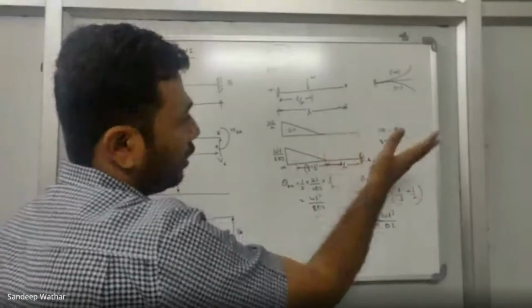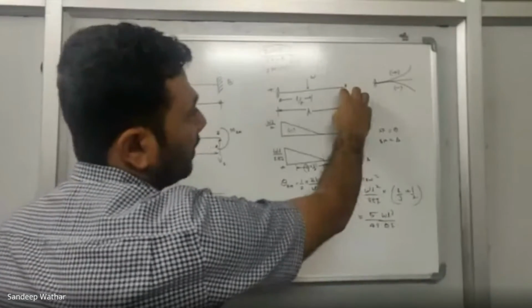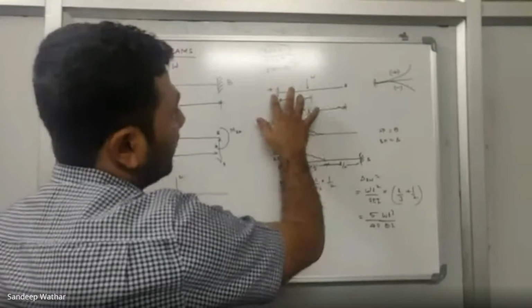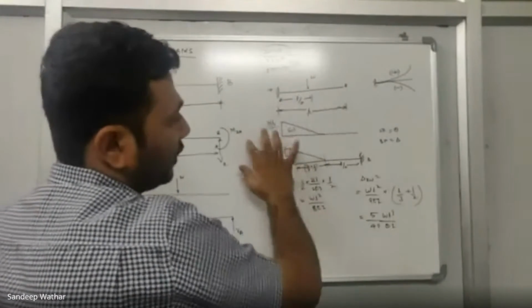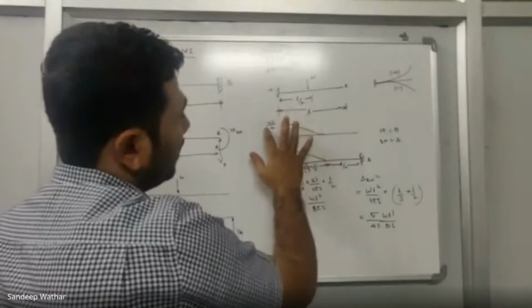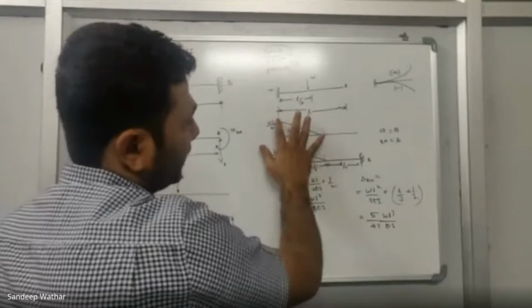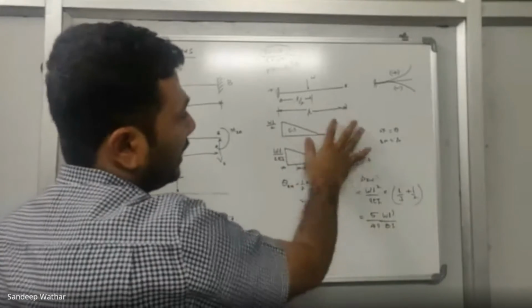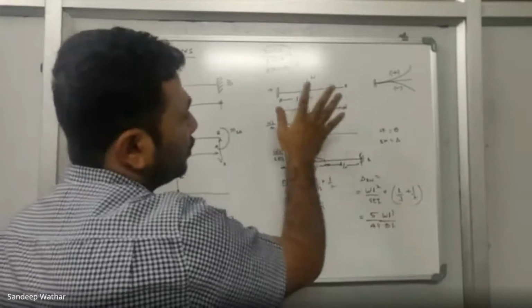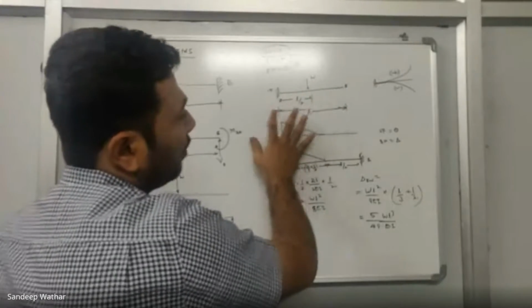I hope you all know how to draw the bending moment diagram. The bending moment at this point and this point is equal to 0. So the bending moment at A will be W into L by 2. This becomes a triangular bending moment diagram. WL by 2 will be the maximum ordinate and 0 will be the minimum ordinate, and this is your bending moment diagram. Okay. Now what you do is superimpose this bending moment diagram over the conjugate